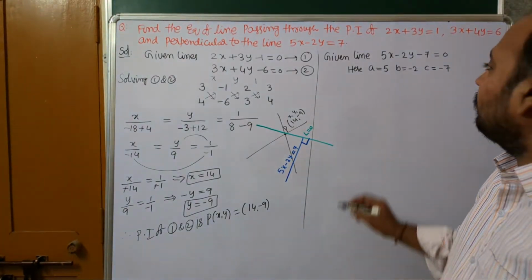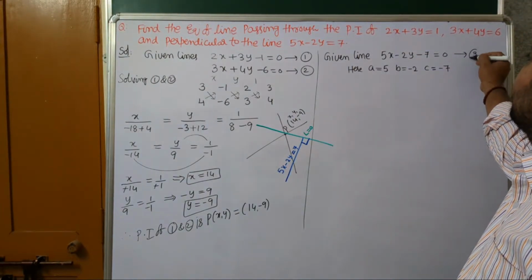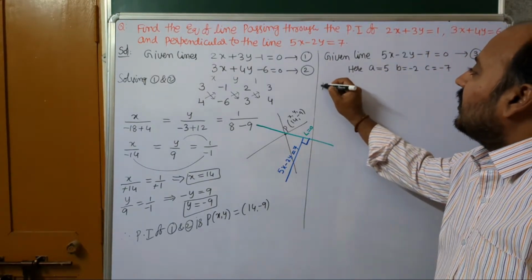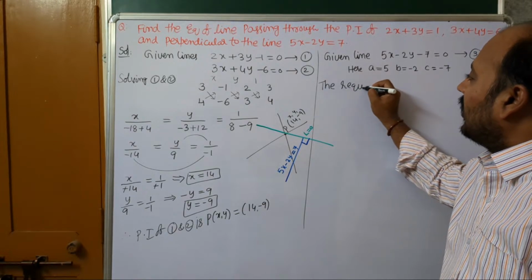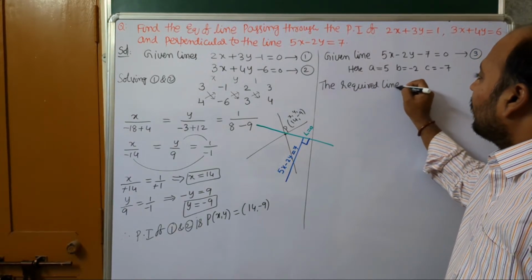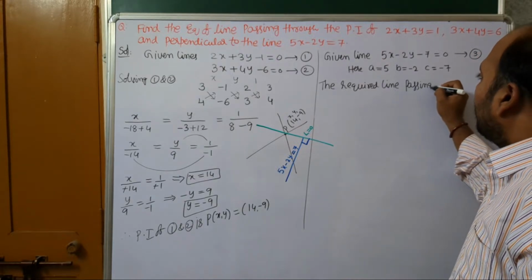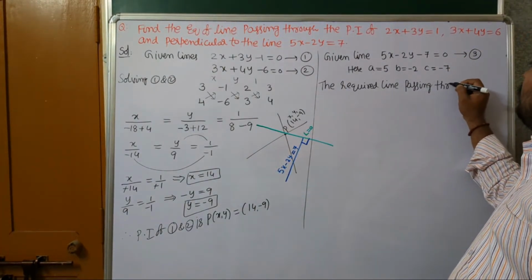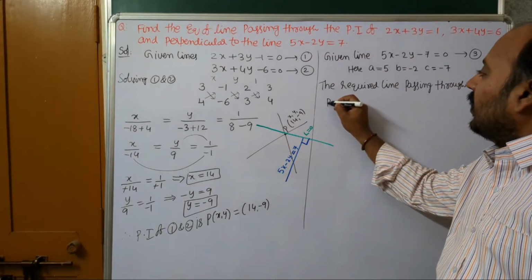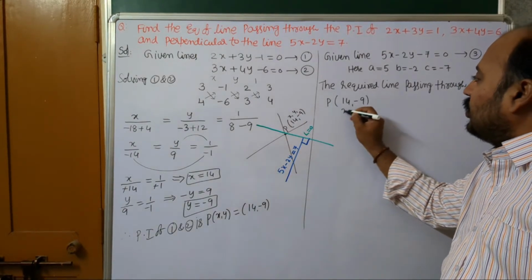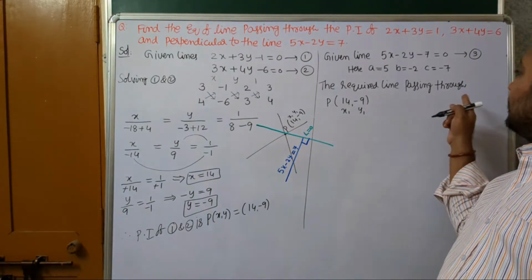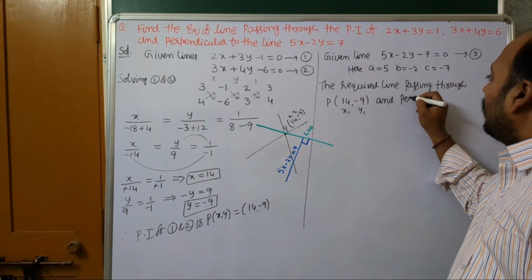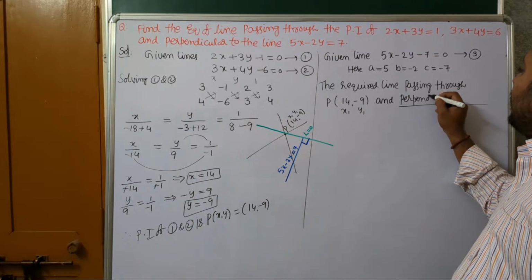After that, this is equation number 3. This is the required line, whatever I am taking. The required line passes through the point of intersection we got now. That x1, y1 we are taking: P of 14 comma minus 9. You take this as x1, y1. Passing through 14 comma minus 9, and perpendicular to, you have to underline, perpendicular to